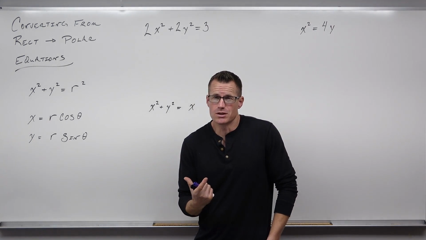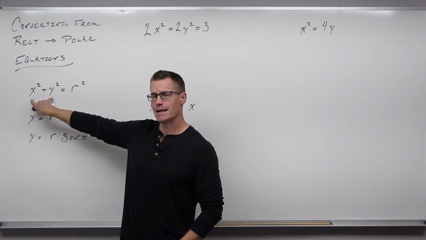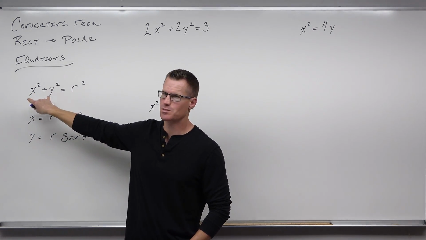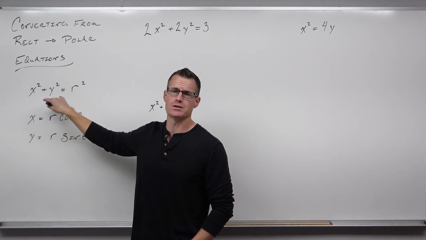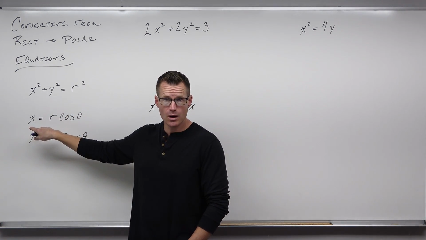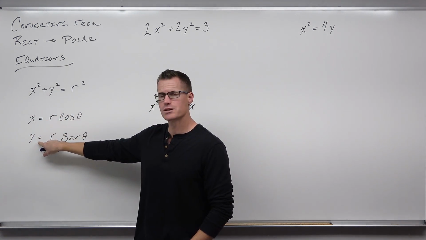Basically, there's really only two things you do. Any time that you can find an x squared plus a y squared, replace that with r squared. This is prime. This is what you're looking for all the time. If you can find that, replace that piece with r squared. If not, then, if you can't find this, replace any additional x's and y's with